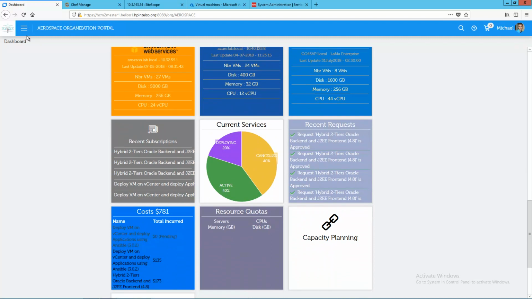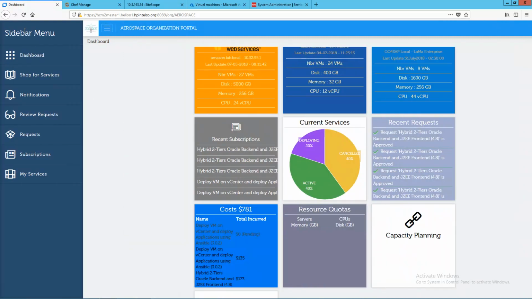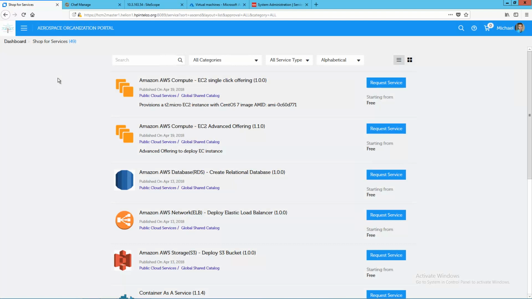I will be able to browse the catalog to see the different services offered by the IT. And we do have RBAC, role-based access control, to publish only the required offering to the right user or groups. I will be able to browse by category and see application services, database services, hybrid cloud services, and so forth.